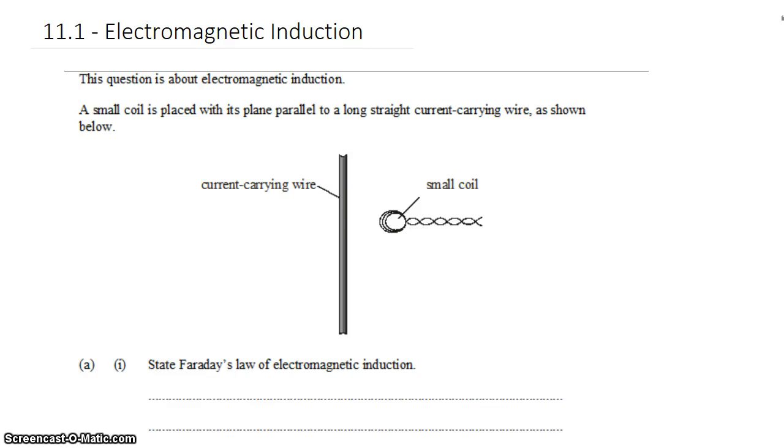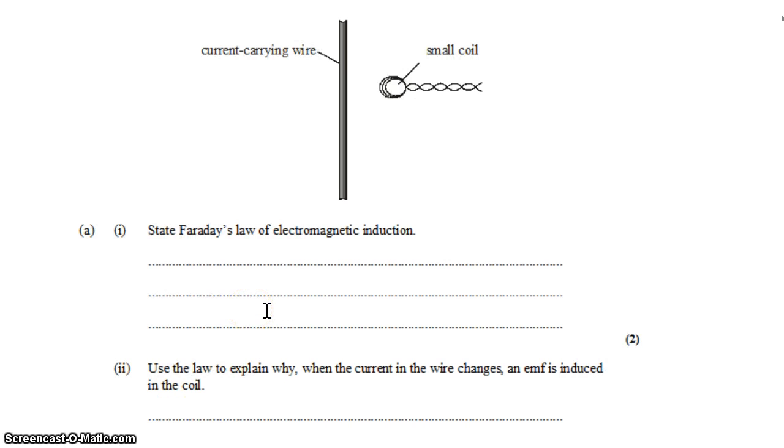David Can here with another question from the IB question bank in topic 11.1. We're looking at electromagnetic induction. We have a small coil placed with its plane parallel to a long, straight, current-carrying wire as shown below. The first part is just to state Faraday's law of electromagnetic induction, which is a thing that we have an